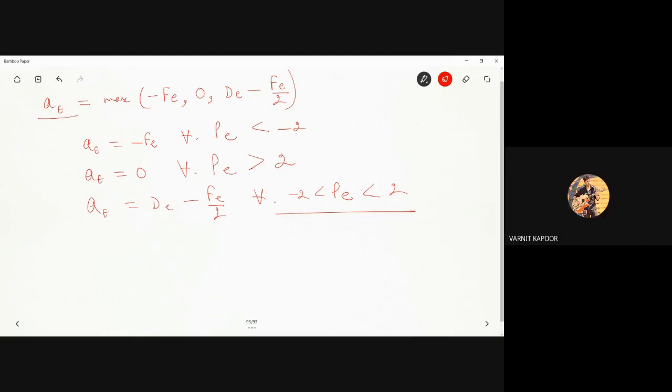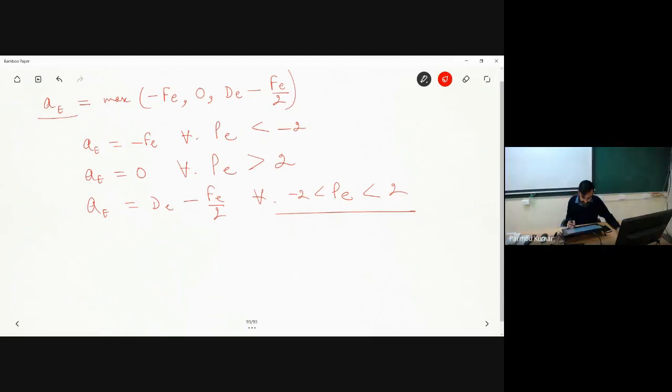Sir, the value of maximum which we are taking, is it magnitude wise we are taking or with sign? Magnitude wise, means with sign I am considering over here. If I have included minus FE, I will be including FE with the minus sign over here. Okay. Sign will also participate into the estimation.